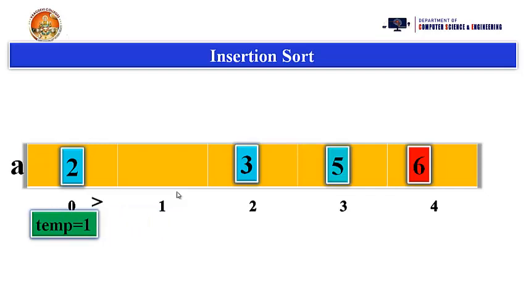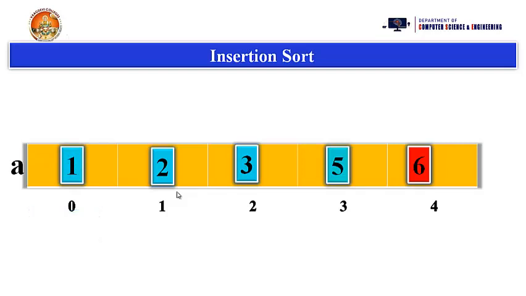So the relationship between these two is that 2 is greater. Again we need to shift the second element into the first index position and store this one into the 0th index position. Now last we have the 6 element, only one element. We don't have any other elements to compare the 6 element with, whether it is greater or less. So already the 6 is placed in the correct position.